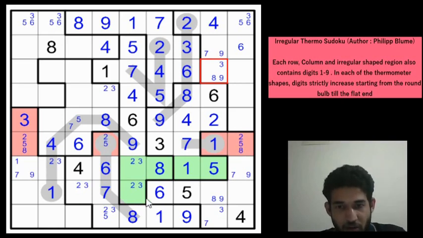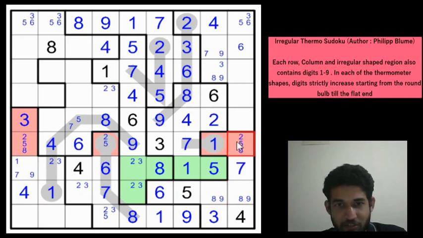Okay, let us look along row 8. 1, 2, 3, 7, 5 and 6 have been placed, right? Remaining digits are 4, 8 and 9. But these two cells can't contain a 4 because it's in the same region. So this would have to be a 4. And these two cells will be 8 and 9 in some order. Now this region is explosive because we got an 8, 9 pair. So we can resolve quickly all these cells, right?